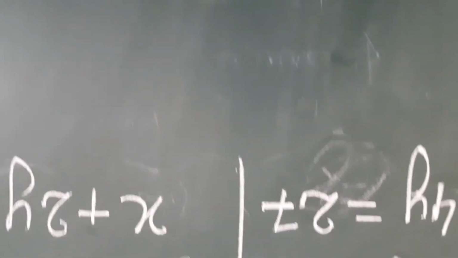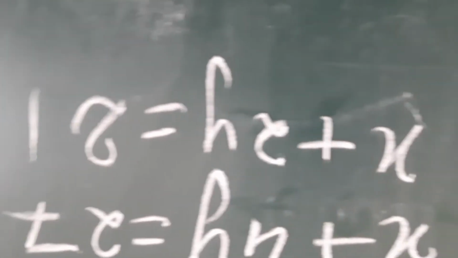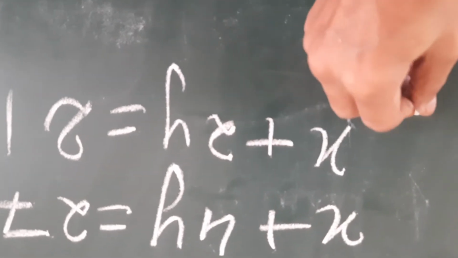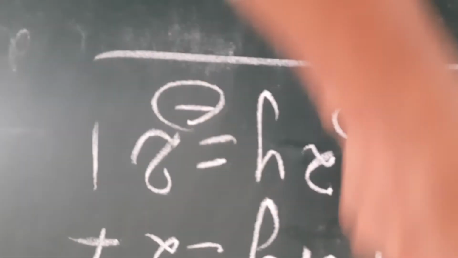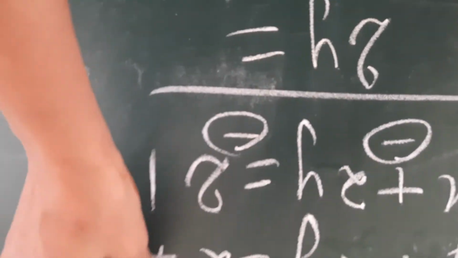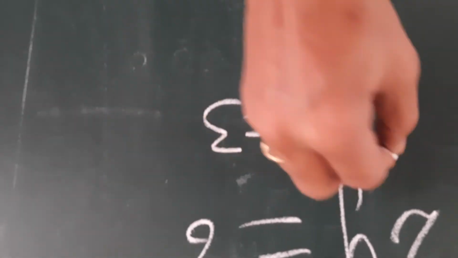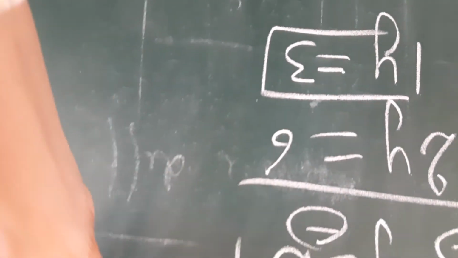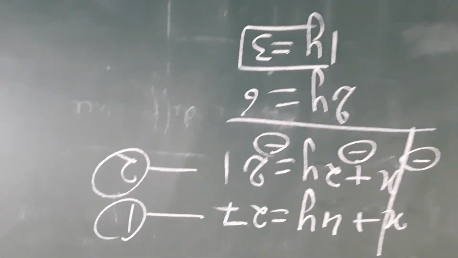So if we solve it by elimination, we'll write the first equation, x plus 4y is equal to 27 and the second, x plus 2y is equal to 21. So dear students, as the coefficient of x is the same in both the cases, we'll just change the sign. We'll subtract the equations, right? So x gets cancelled out. 4 minus 2 is 2y. 27 minus 21 is 6. So you'll get y is equal to 3.